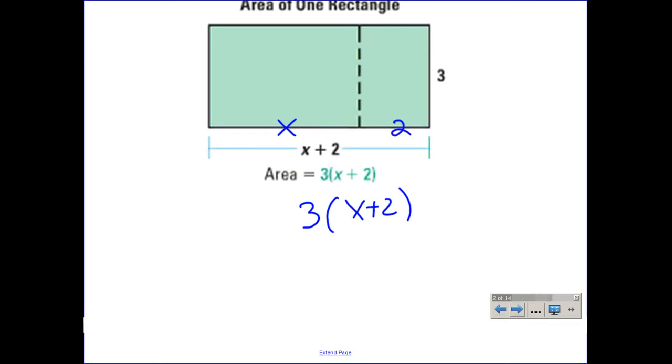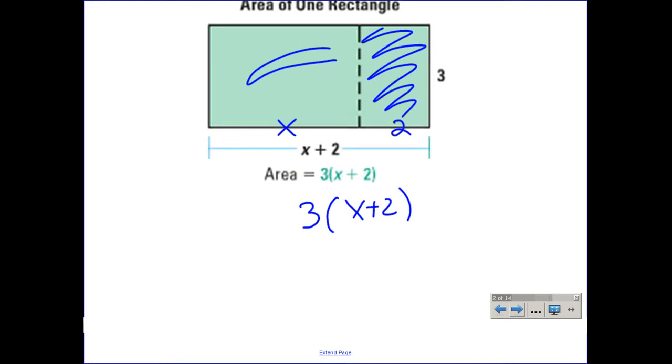I mean, even if I knew a little piece of this, I would be okay. Can anybody figure out what this area is right here? How'd you get that? What are we multiply by 11? Yes, multiply, please. 6. Okay? So I know this area is 6, and whatever this piece is, we would just add it to that,